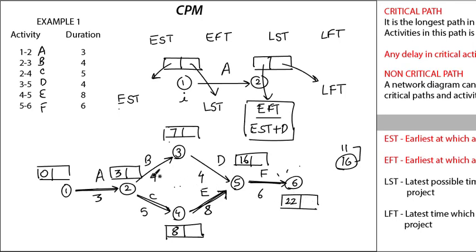Now see, for each activity we have calculated the early start time and early finish time. So early start time of B will be 3 and early finish time of B will be 7. Similarly for C it will be 3 and early finish time will be 8. So this is the forward pass calculation. In forward pass calculation we calculate the early start time and early finish time. Now let's start the backward pass calculation where we will find LFT and LST, that is late finish time and late start time.